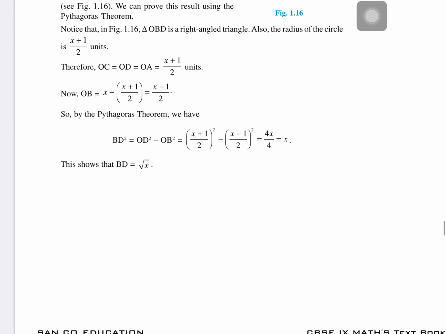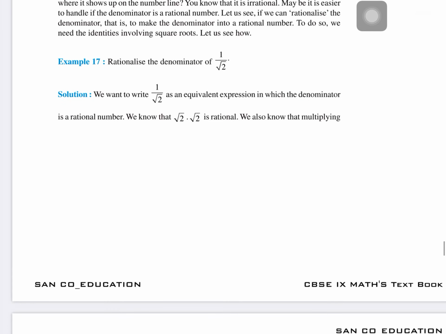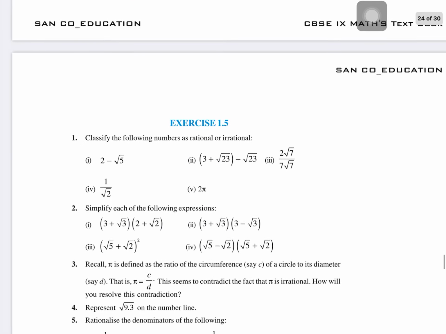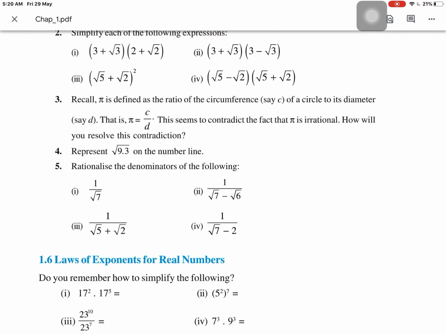And the question written in your textbook, there is only 1 or 2 represented here. Where is that? Yes, question number 4: represent under root 9.3 on the number line. If you can't understand, see the method again. You will construct 9.3 first with the scale and extend it by 1 unit more, so it becomes 10.3, and divide it. Furthermore, the information is before you right now.